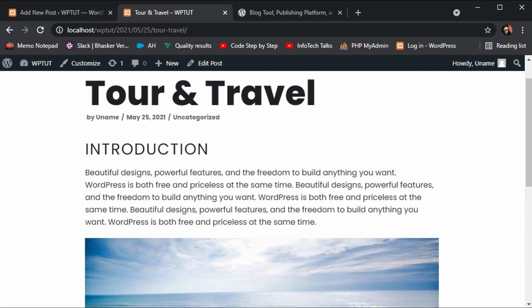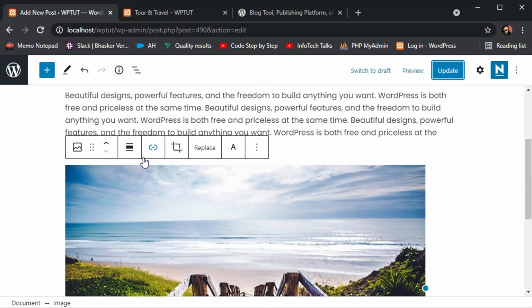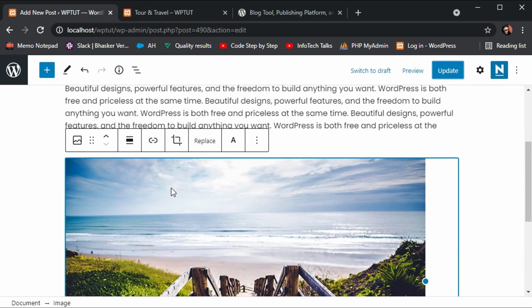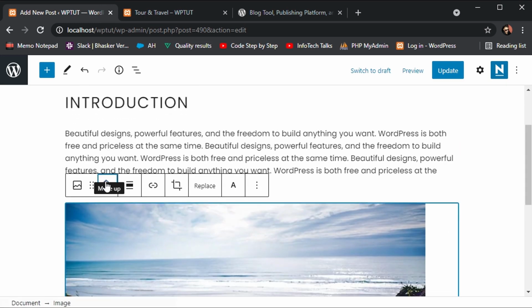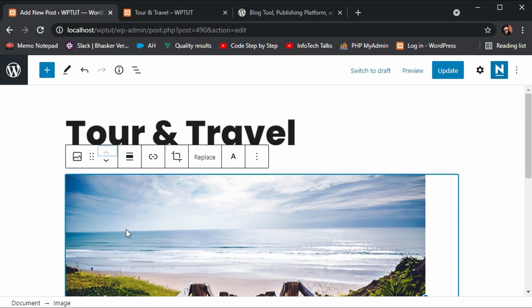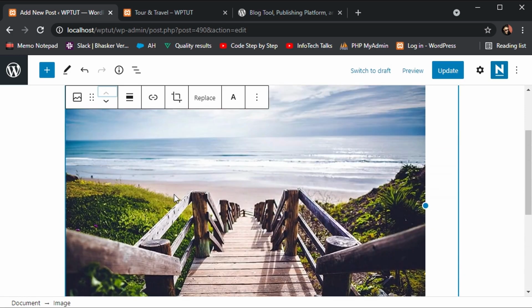You can move all the blocks by clicking on the navigation keys. For example, I want to display this image right after the title, so simply click on this image and you will see navigation keys here. Navigate with the keys and adjust your post.